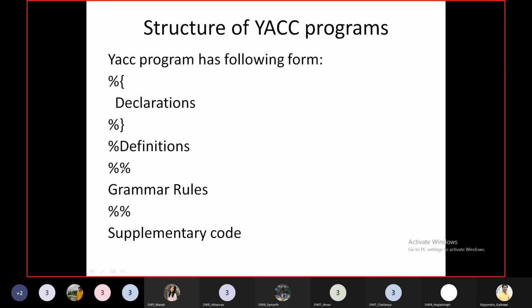and then you will define the tokens. In the rules part of the Lex program, we had translation rules. Here we are going to have grammar rules. Whatever grammar rules we want to impose on the tokens, we can put those grammar rules over here. And then finally, we will have the supplementary code. It will include all the functions which are used in the definitions and some mandatory functions like the main function. Understood? That is called the supplementary code.